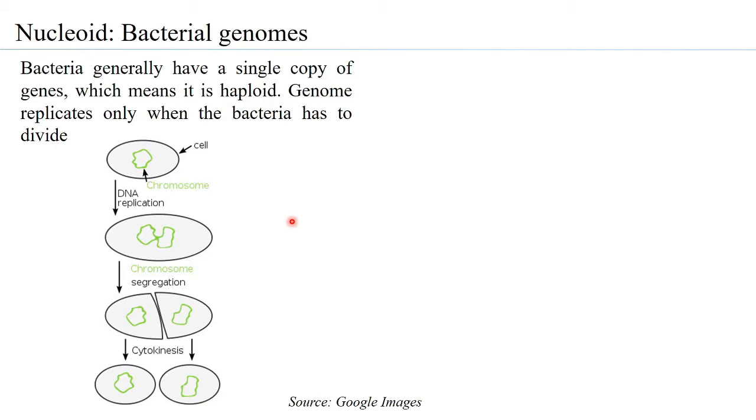A human cell has 23 pairs of chromosomes, which means that every chromosome has a copy. So therefore you have a sum total of 46 and not 23. If there were only 23, then it is haploid. But if it is 23 pairs, then it becomes diploid. So therefore human cells are diploid, whereas the bacterial cell can be considered to be haploid.